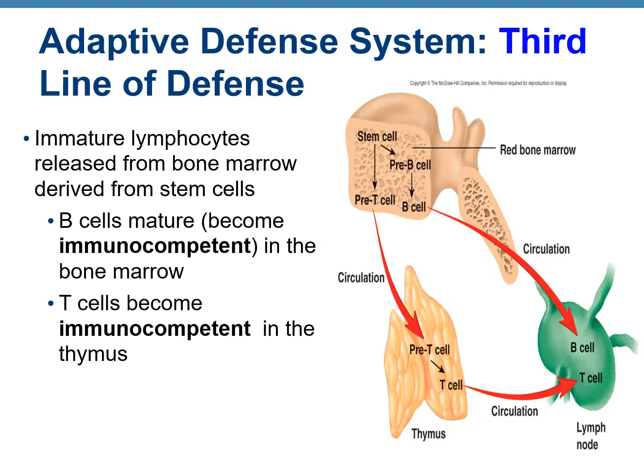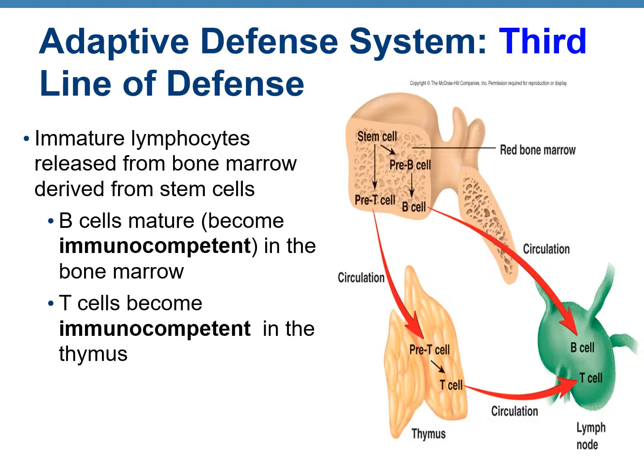This slide shows the development of the two types of lymphocytes, B and T lymphocytes. You know that all blood cells start their journey inside the bones. So the bones have the stem cells for development of blood cells. From the stem cells, pre-B cell and pre-T cell, which are immature B and T cells, are developed. Now the pre-B cell can mature into an adult B cell inside the bone marrow. And the mature B cell is known as an immunocompetent B cell. Then the mature B cell will go into blood circulation and go to different parts of the body, including lymph